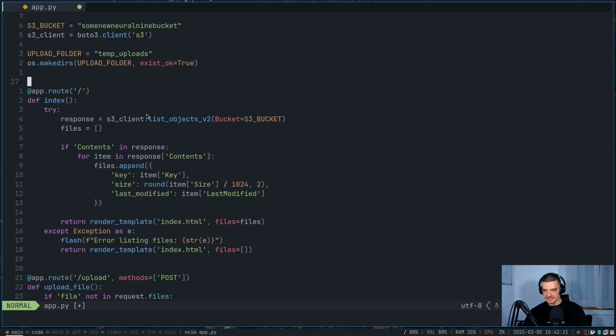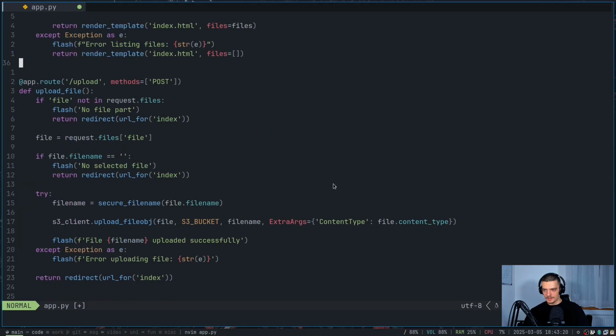We just have an index route that is listing all the items here with the list_objects_v2 function. So that is essentially just showing the content of the bucket. Then we also have the upload file endpoint here. Here we use a different function, s3_client.upload_fileobj. We provide a file, a bucket, a file name again,